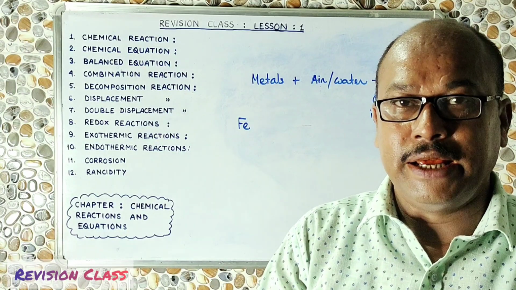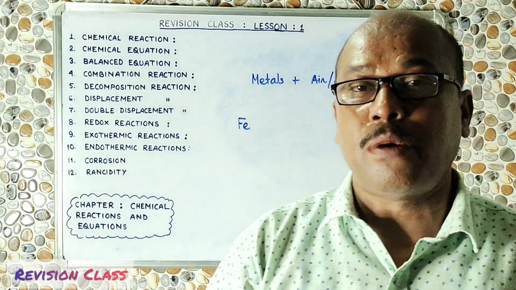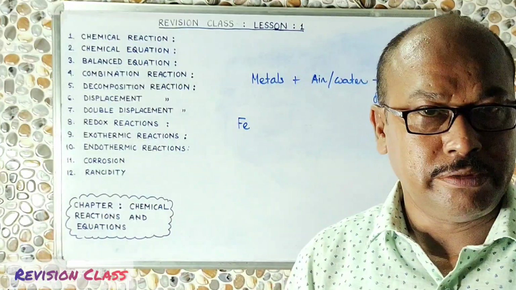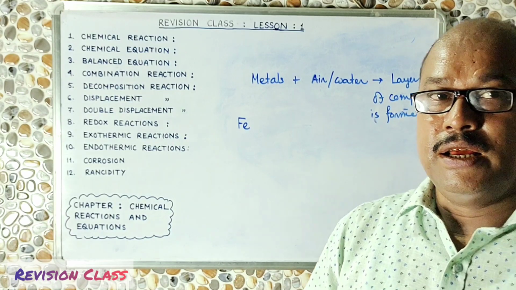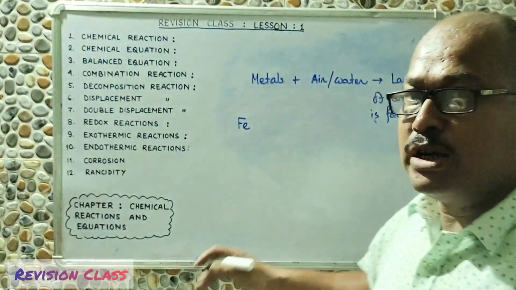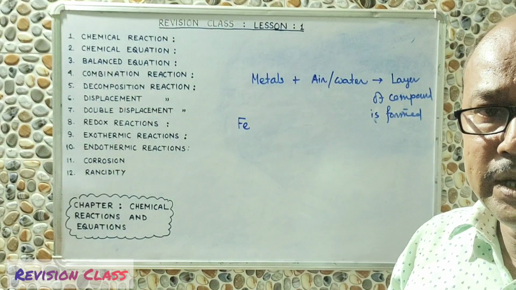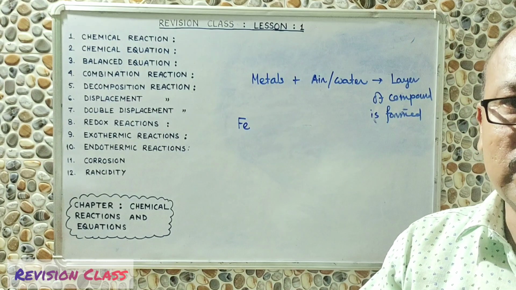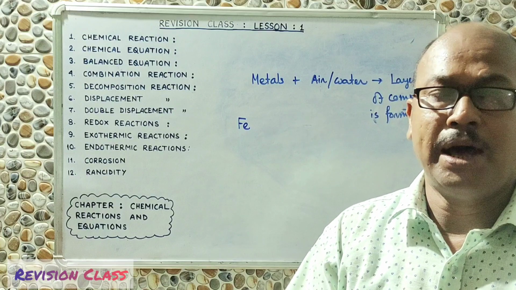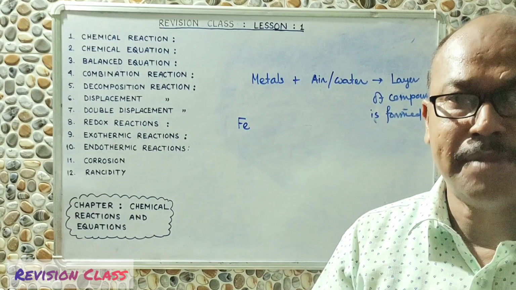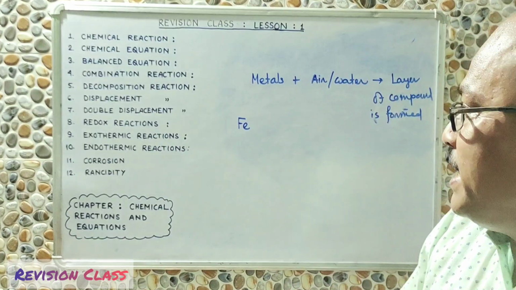But how can we apply certain methods to improve this situation, means to stop corrosion? The answer is we can do a lot of things. We have to polish the metallic surface regularly, so that we do not give any chance for these things to get deposited over it. Second, we can apply a layer of grease or oil over the metal surface. Third, we can also apply a layer of paint over the metal. And finally, galvanization.